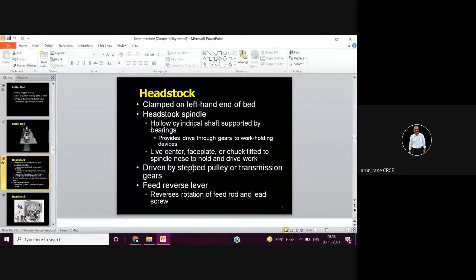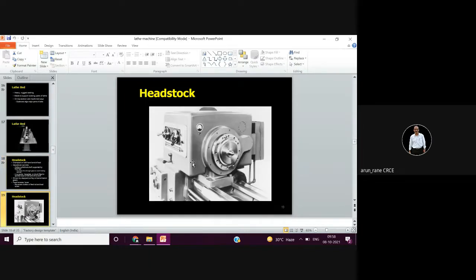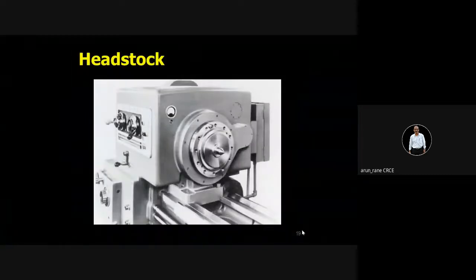The spindle is driven by a pulley, and also there is a feed reverse lever, in order to change the direction of rotation of the spindle, or to change the feed direction. Feed, that is tool movement. This is how your headstock will look like. This is for the live center, because this center is rotating with the headstock spindle.